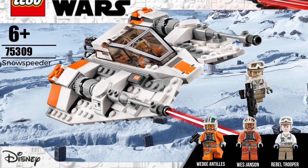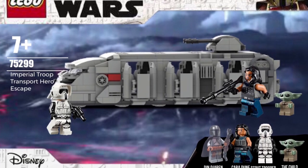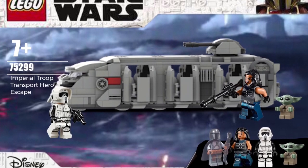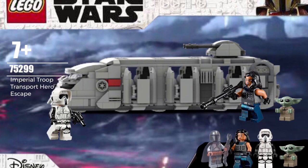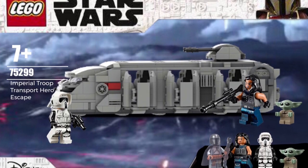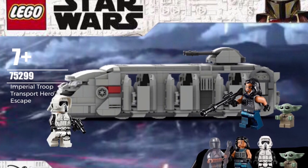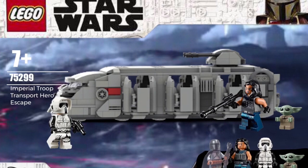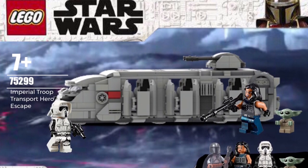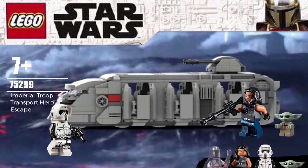The $40 set, I think it'll be an ITT based off The Mandalorian, and this would make a lot of sense for one of the Mandalorian sets, probably the most sense out of anything, because it was featured in the trailer and lots of promotional material, so they could have obviously done it and even based it off Season 1. So it would make a lot of sense just to get those minifigures from Chapter 12, and as I said in my Mandalorian prediction video, it's likely that we'll only get sets from the first couple of episodes, just because the other ones haven't been in any promotional material, so they wouldn't send that out